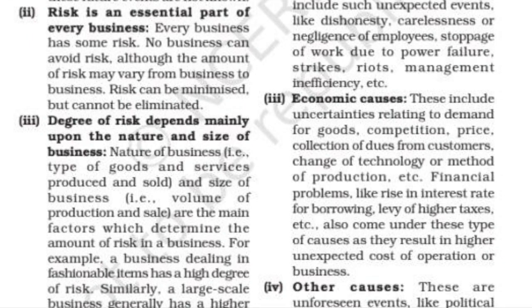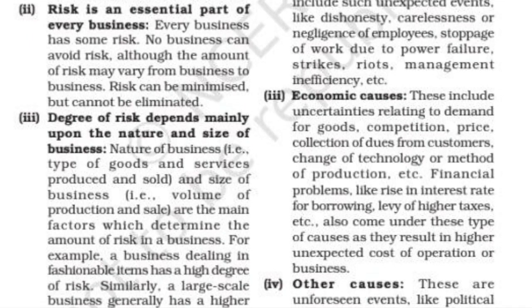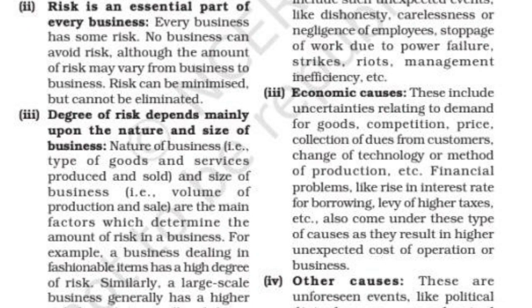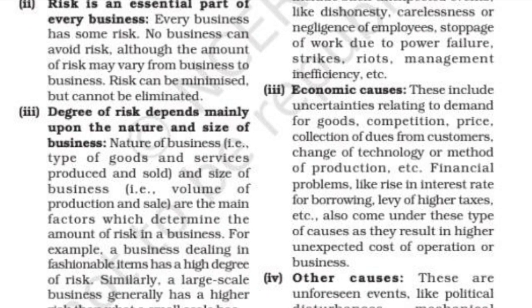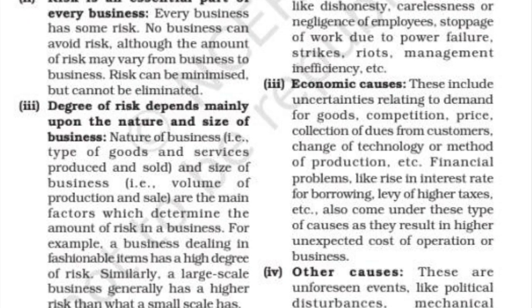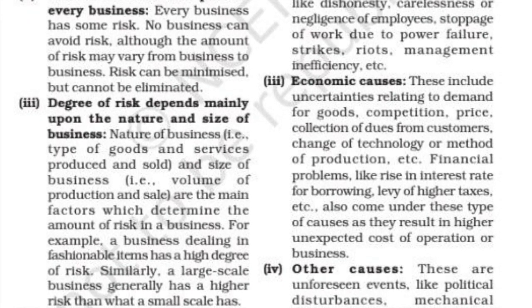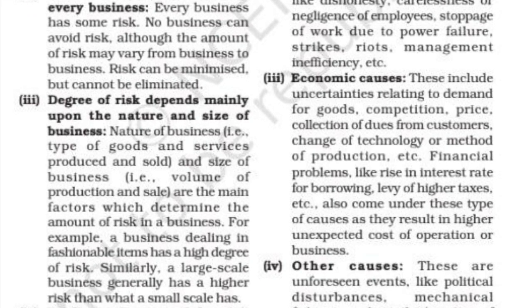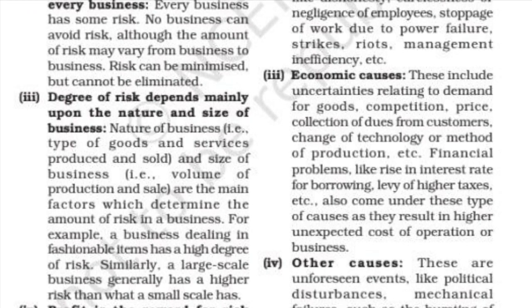And this kind of risk is basically controllable. If your employees are happy with you, they'll not reveal your secrets to the competitors. So if they are satisfied, chances of human causes can be reduced and the risk can be minimized with this, right? Next point is natural causes.